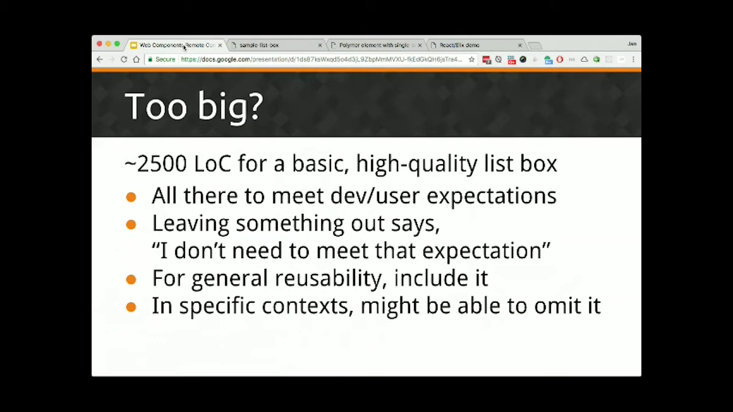For general reusability, I would strongly encourage people to think about making sure that the component does everything that people are going to expect of it. In specific contexts, that's the general case. In specific contexts, you might be able to omit